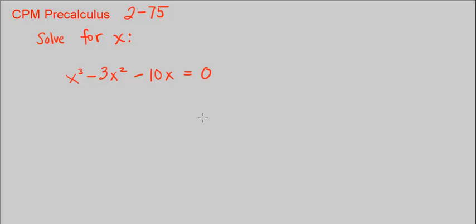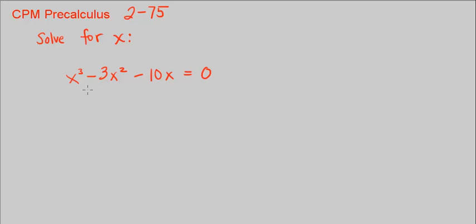This is CPM Precalculus Chapter 2, number 75. So here we're asked to solve for x in this equation, x cubed minus 3x squared minus 10x is equal to 0. So when we're asked to solve for x, we basically are going to look at this equation and